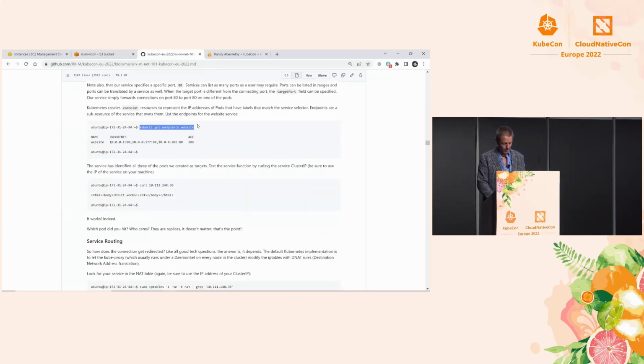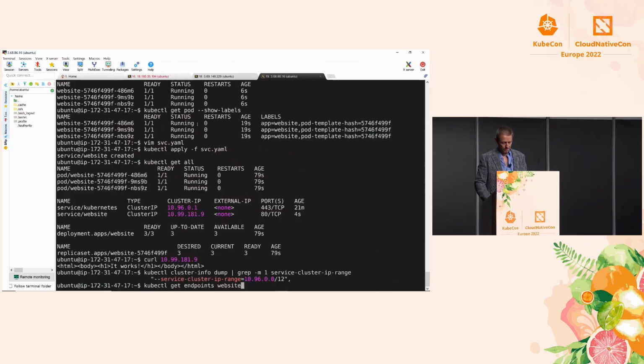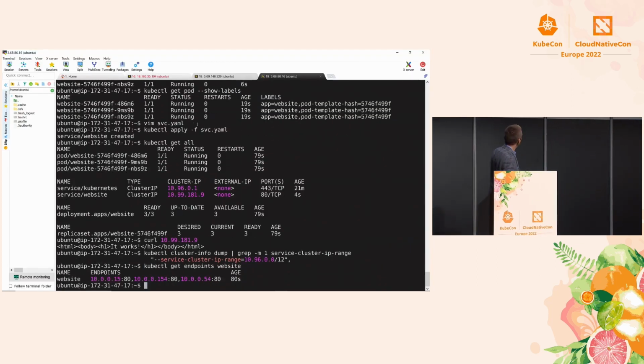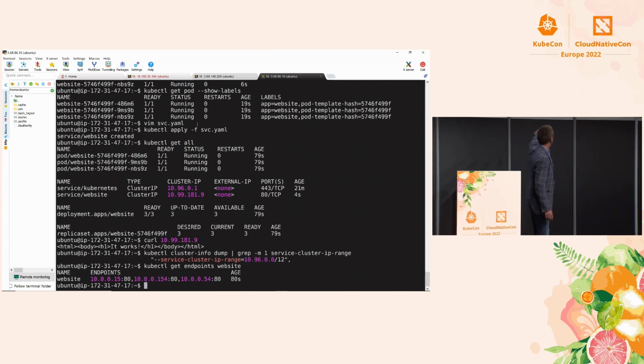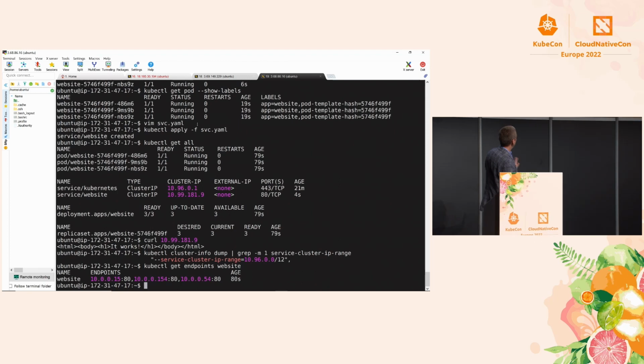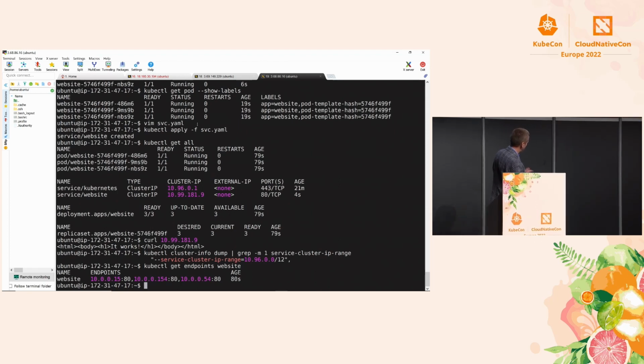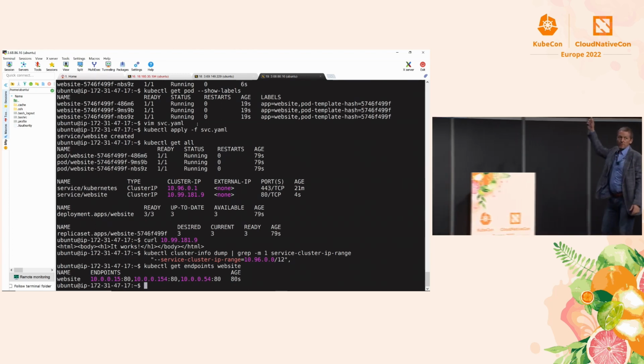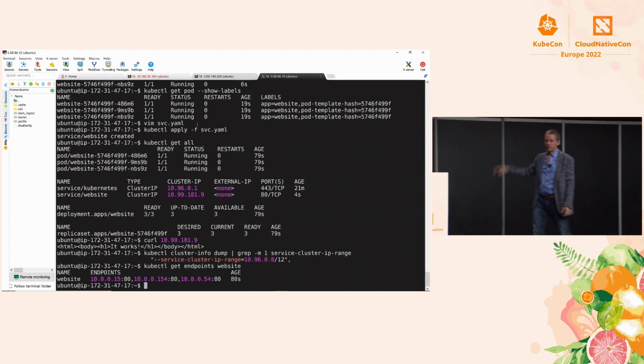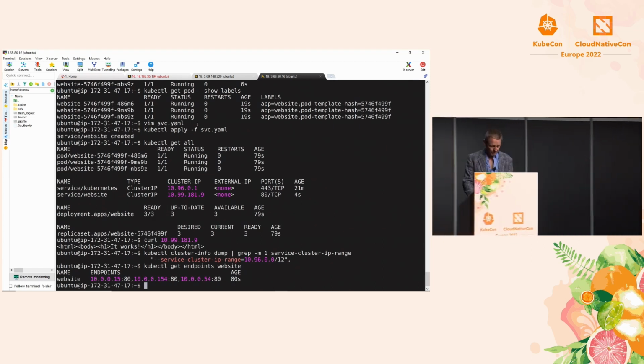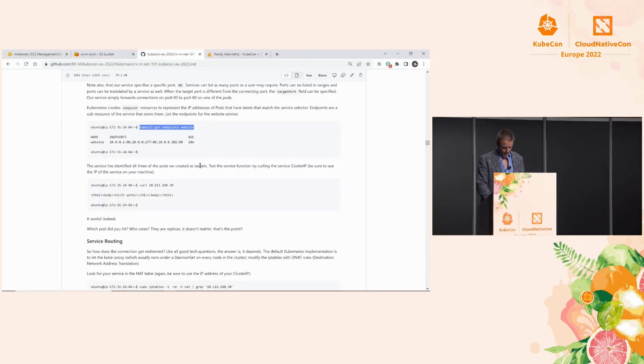So let's take a look at the endpoints for the website. And we can see there's 3 of them, right? 10.0.0.15, 10.0.0.154, and 10.0.0.54. And remember, they're always going to have the same first 3 octets because the hosts are subnetted at 24 bits, and then the overall space is 8 bits. We saw that in CNI. So these are CNI controlled, right, by Cilium, and then the service IP, the cluster IP, is controlled by Kubernetes because it's the service controller piece. All right, good. Let's see what else we got here.